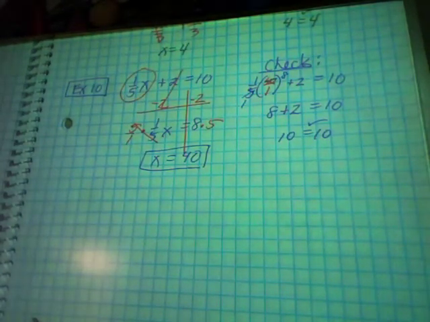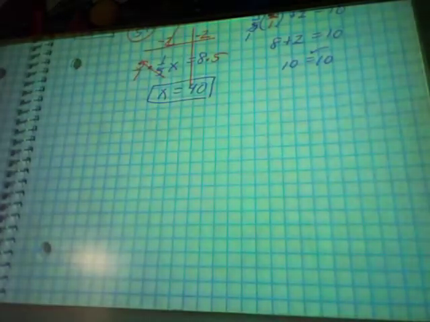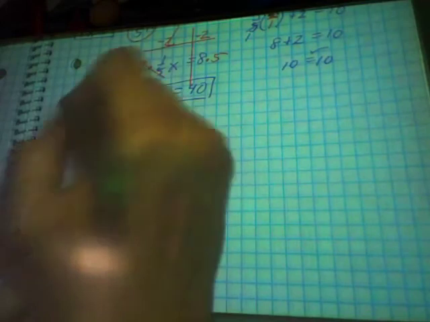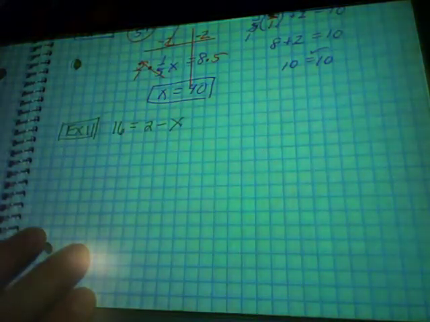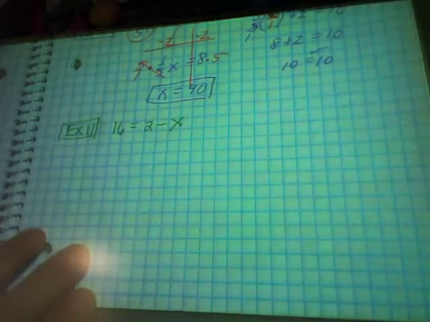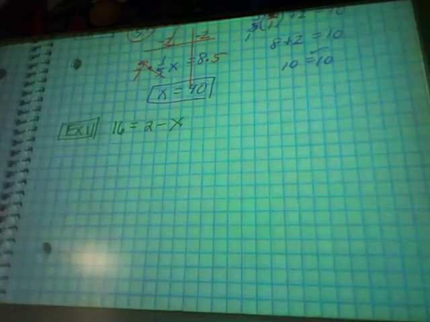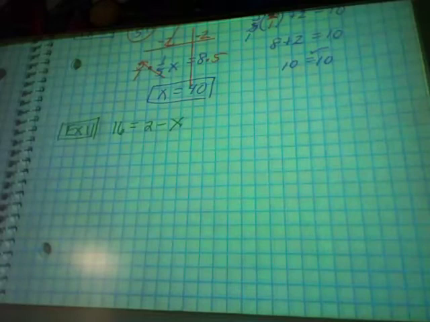The last two, I'm not going to make you check. And these are completely on your own again. Example 11. You had this on your last test, but some of you skipped steps and or got the wrong answer. And so we'll talk about what can go wrong on this one. And then your last one, when you're done with that,